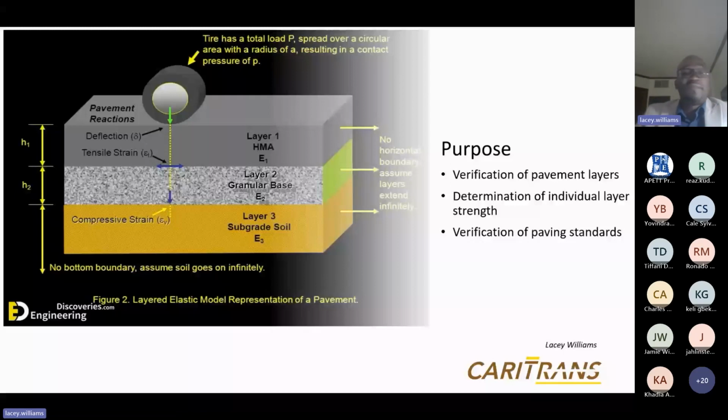So basically, on behalf of a contractor, this was being used to do those verifications. However, similar to the profilometer, it can also be used on existing roadways to actually verify the residual pavement life. So for example, you may have a roadway that's 10, 15 years old with little to no signs of distress, but you run your FWD on the roadway and lo and behold, compared to design strength, you may be